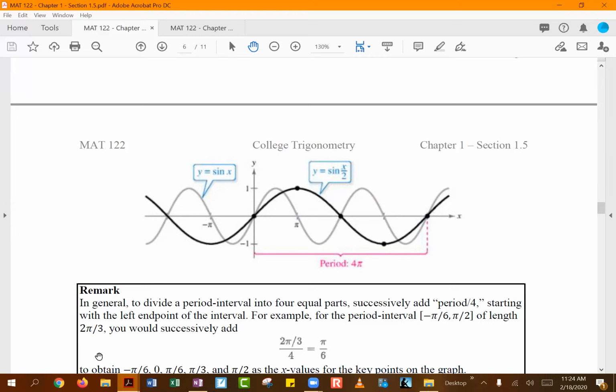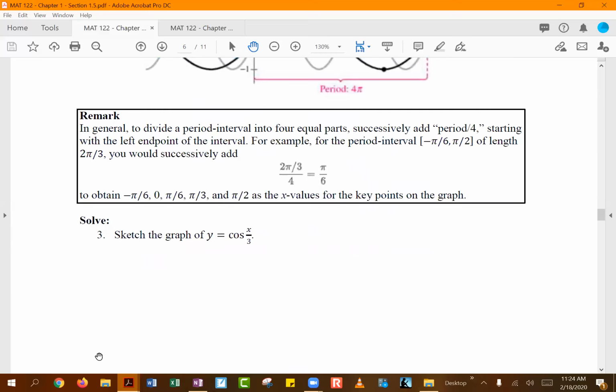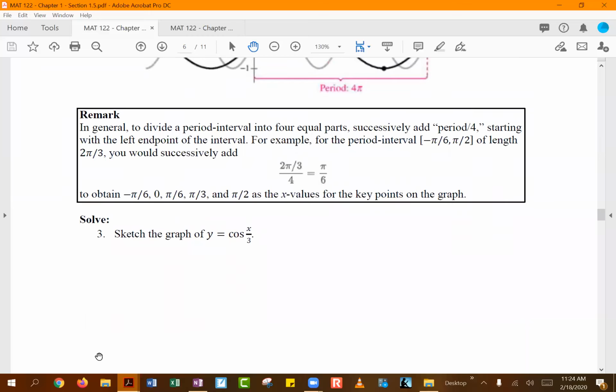Okay. So the b will calculate with your period. And so it's going to change anytime you have a b value, which is basically anything other than 1. So in this case,